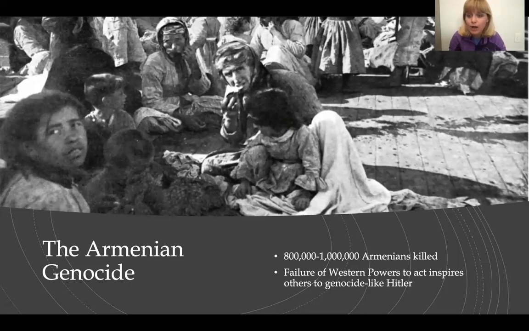And the truth is, guys, while this was going on, the West didn't know it was happening. Britain and France were distracted on the Western Front. The United States was trying to stay out of the war as it was. Germany didn't know it was happening either. But at the end of the war, when the knowledge of this genocide was starting to become common knowledge, after the Treaty of Versailles, after the United States becomes isolated, after the League of Nations starts to do its own thing, the Western powers don't actually condemn the nation state of Turkey. They don't say anything. They completely ignore that this genocide happened.